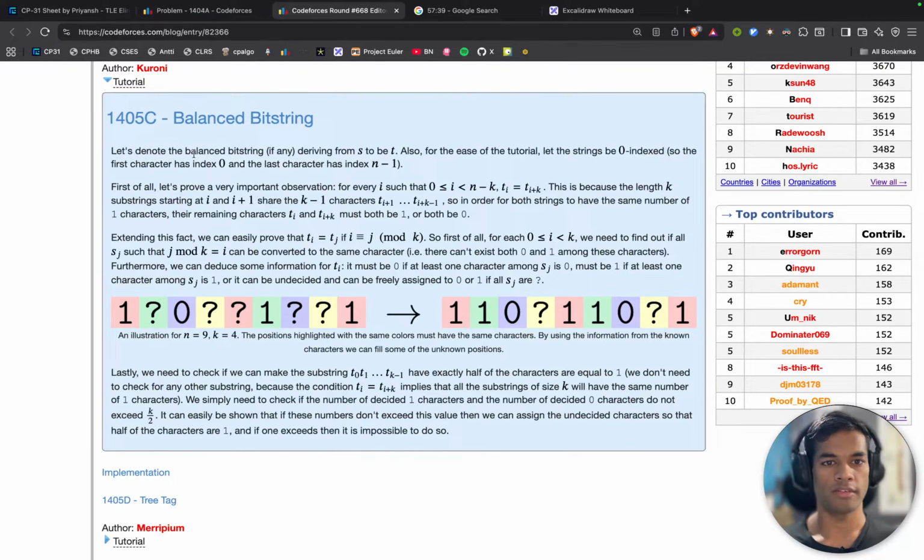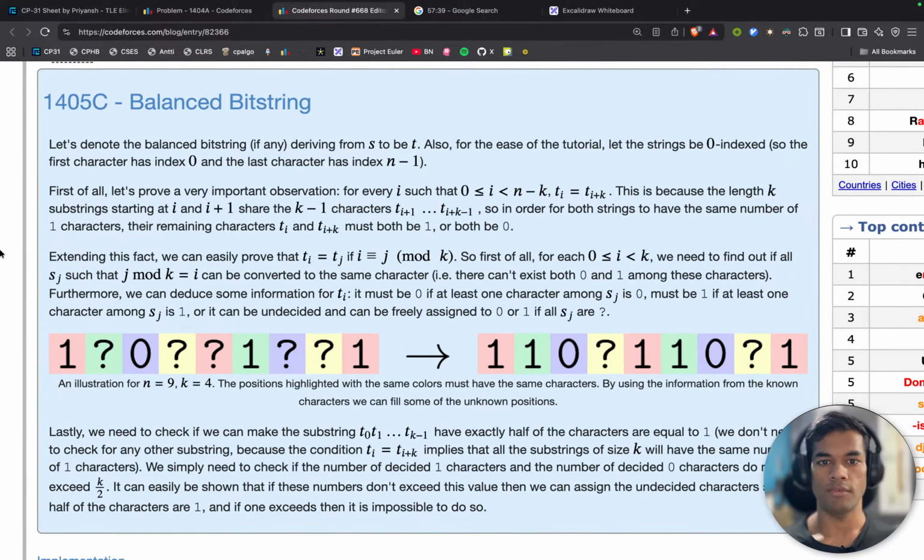Let's denote the balanced substring, if any, deriving from S to be T. If there is a valid substring, then it is going to be T. Also, for the ease of the tutorial, let's let the strings be 0 indexed. So the first character has index 0 and the last has index n minus 1. First of all, let's prove a very important observation: for every i between 0 and n minus k,